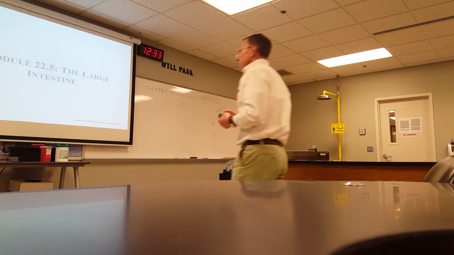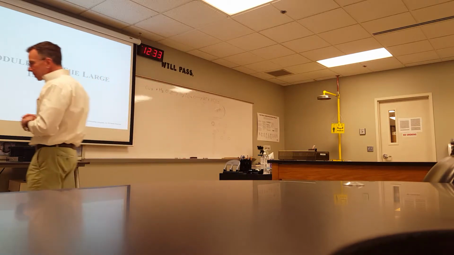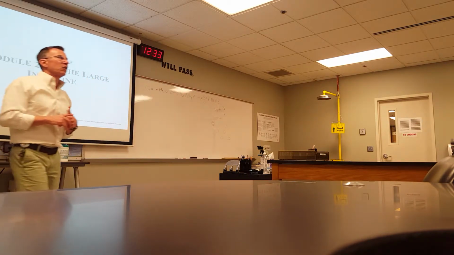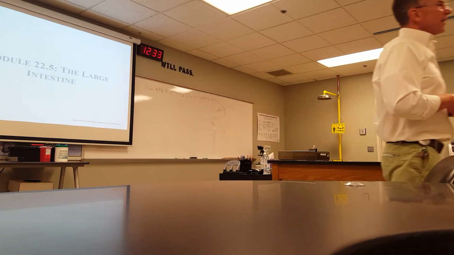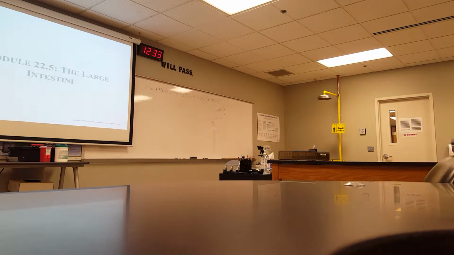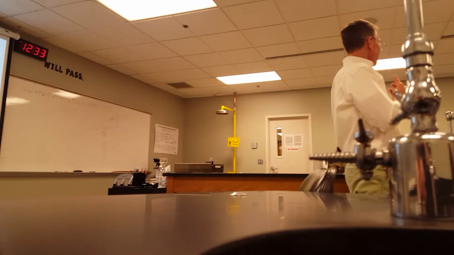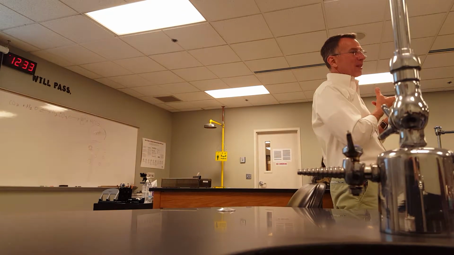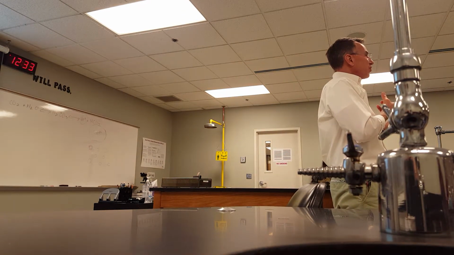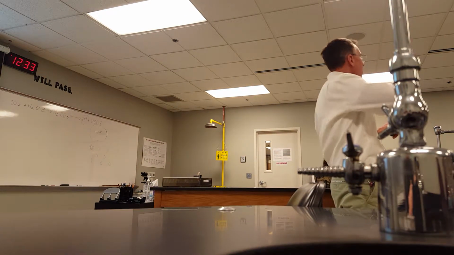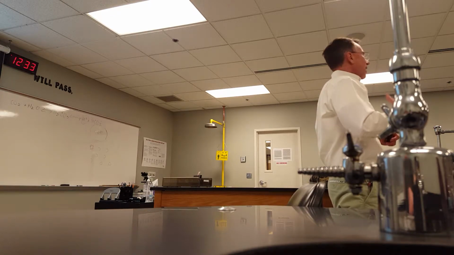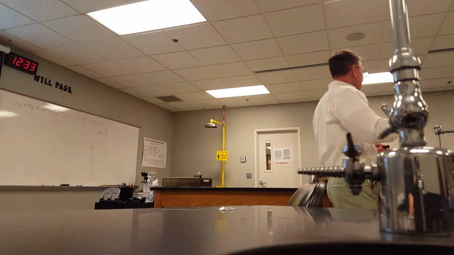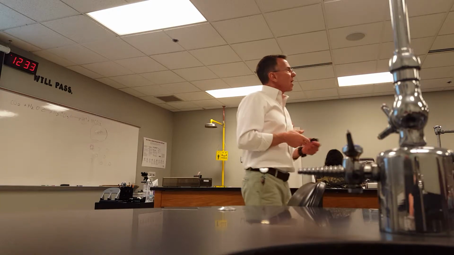Then we made it to the small intestine. There's three parts to the small intestine. What's the name of the first segment? It's about a foot long. Duodenum. What is the main thing you want to remember happens in the duodenum? It neutralizes acid. You're going to receive the secretions from the liver, gallbladder, and pancreas. The pancreas secretes bicarbonate and phosphate buffers, which neutralize the acid, and then we receive bile coming